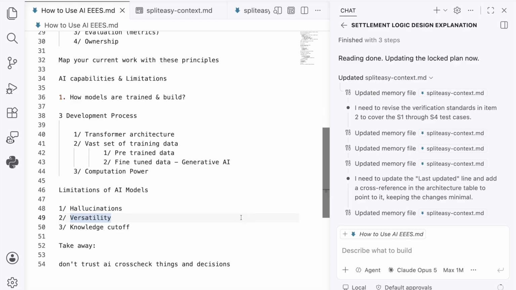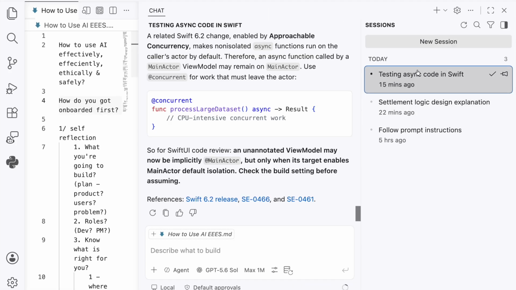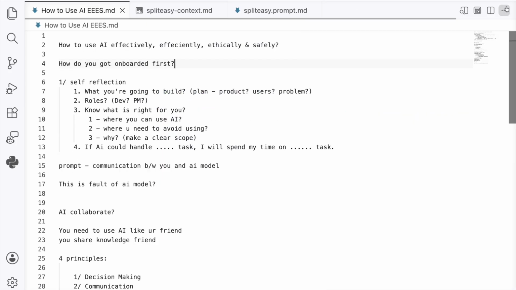If you have any doubts or anything you want to discuss, you can add it in the comments and we'll make a separate video for it. I haven't gone in depth on all these four things, like how to maintain them based on the problem. It will be a separate video on how you write prompts and all those things. This is a high level idea of how you can use AI